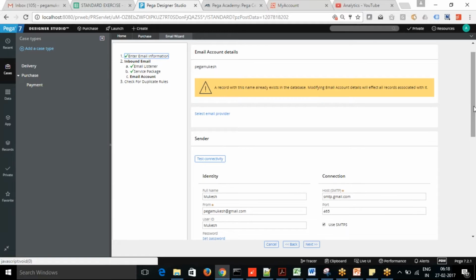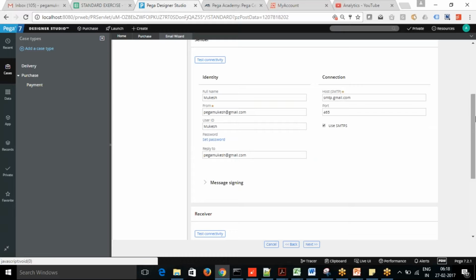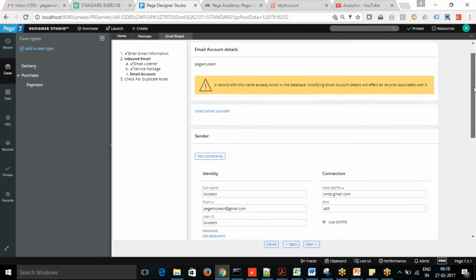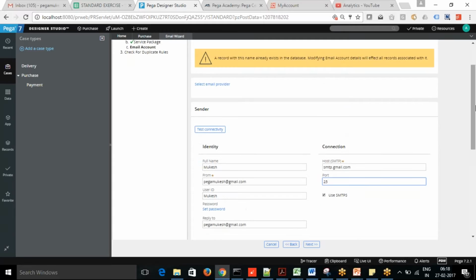Here you need to specify who is the sender and who is the receiver. It's using Gmail at the moment. I don't know, it doesn't work, this. Okay, fine.